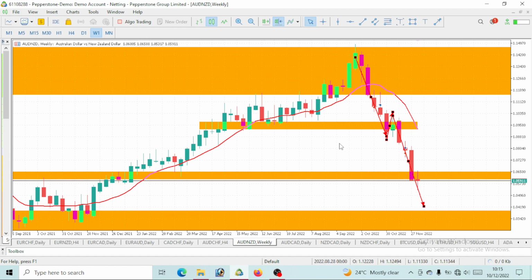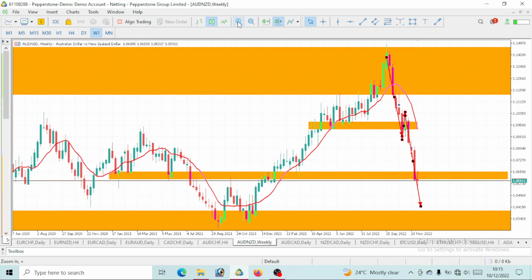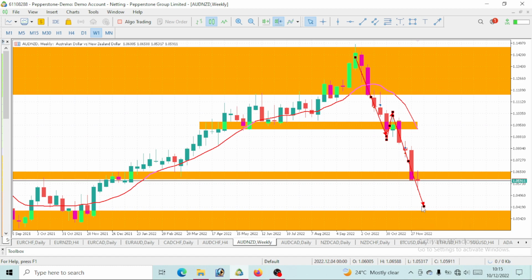This week that just finished, we opened and closed bearish. Then this week that we are predicting for, we still want to see this price open and close bearish. We still want to see this price drop further down. So AUD New Zealand dollar continues to drop, except there's a major news release on the New Zealand dollar that will change the movement, which I don't think is in sight now. That is to tell you that the New Zealand dollar will continue to go stronger, so any other currencies we are trading against the New Zealand dollar should give us a bearish move.